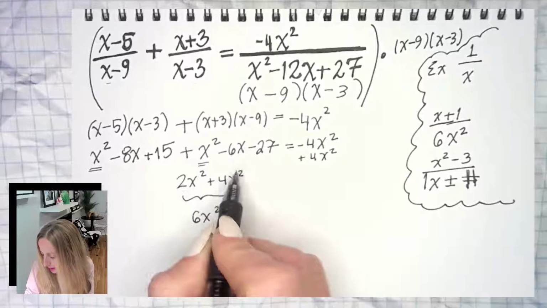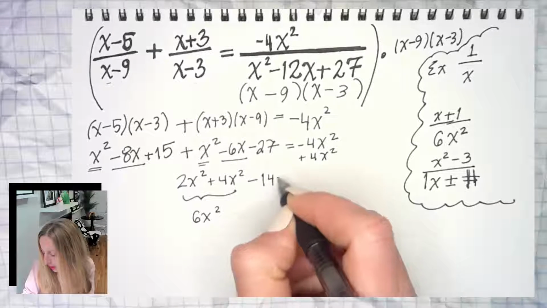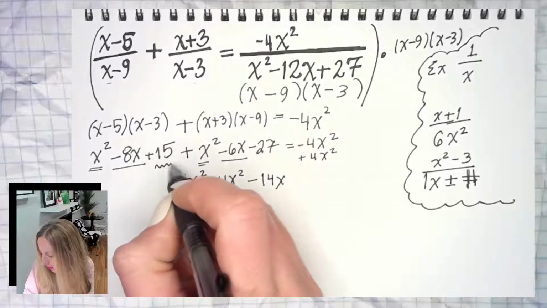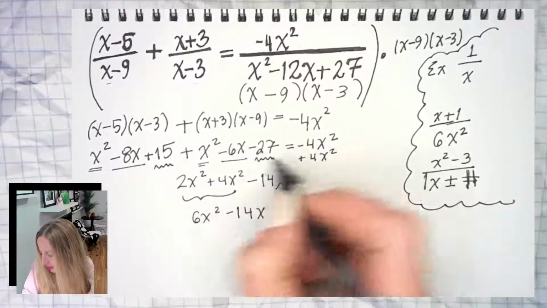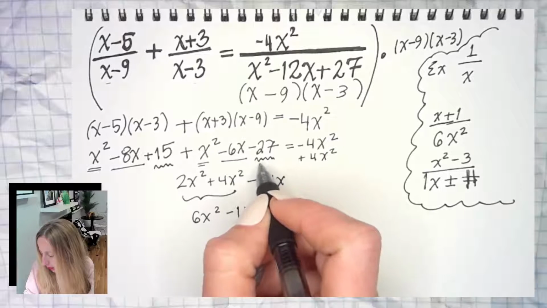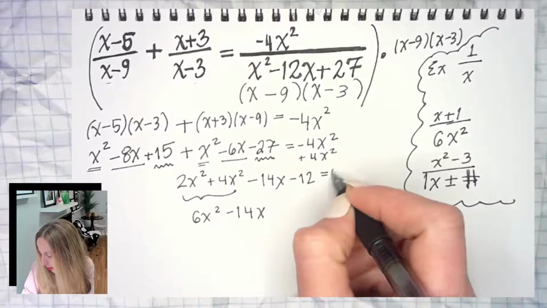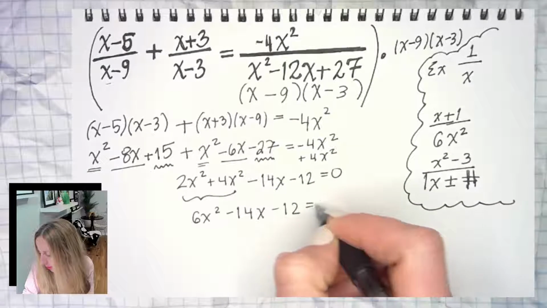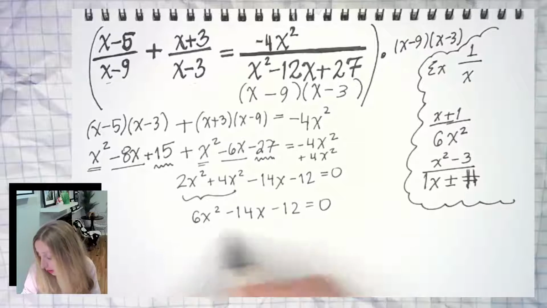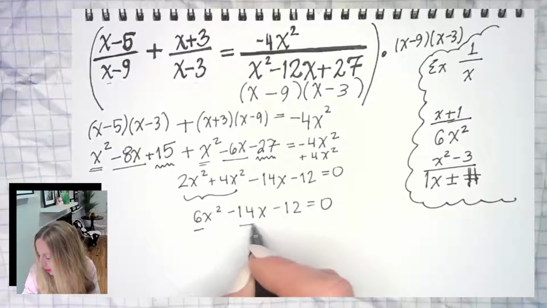Then negative 8x and negative 6x. That's negative 14x. I could put it there or here, either place. And then plus 15, but minus 27. So 15, 27, how far apart are they? So 5, 12, so negative 12 is 0. Okay, now it looks like a beautiful quadratic trinomial, AC method, but ew, these numbers,